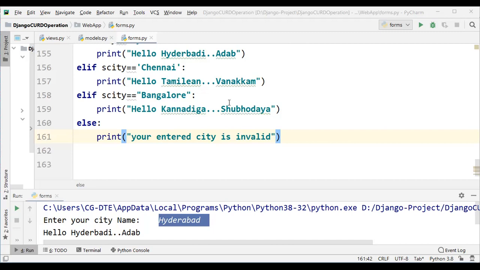So first is find. s.find(substring), this is the syntax. It returns the index of the first occurrence of the given substring. If it is not available, then we will get -1. Meaning if it does not find your substring, you will not get an error, you only get -1. Got it?